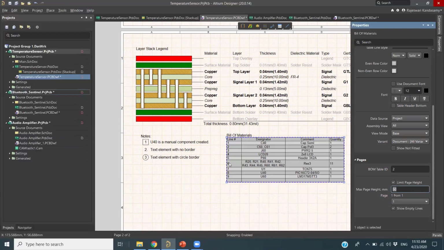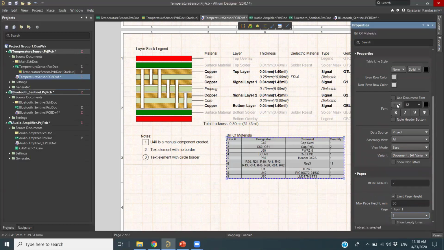Okay, so what happens here, you see I have only 9 components. It automatically limited to 1 page. Now I just remove the empty lines. If I want, I can remove it here. You can do this since my number of pages is only 1 because the size is very small. You can include the pages according to your interest.